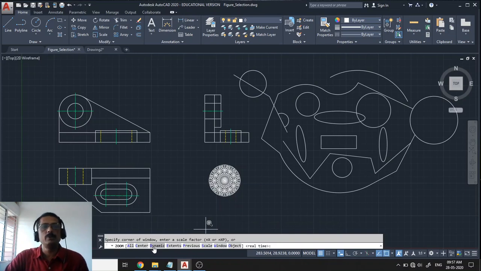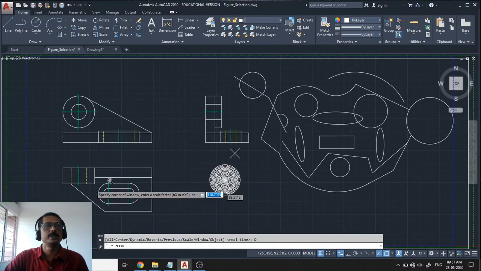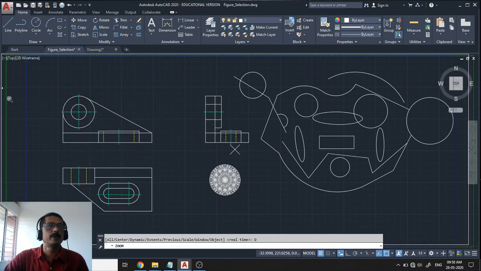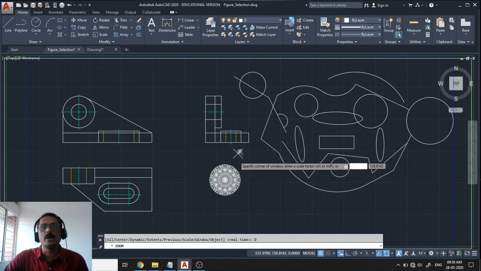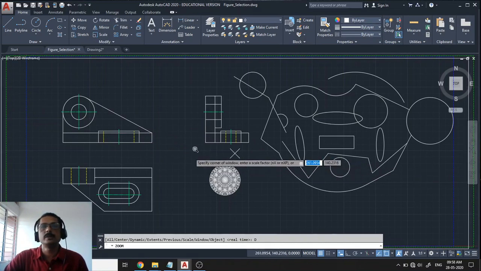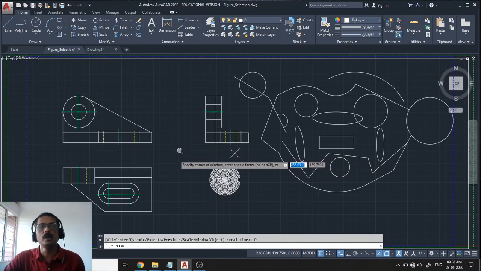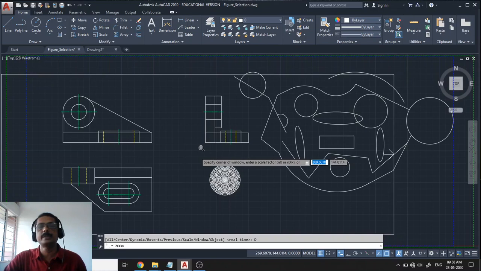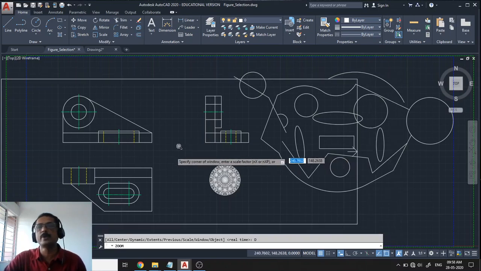So in zoom dynamic, we will be having an option to have both zoom and pan together. So when I click zoom dynamic, you can see a couple of rectangles here. One big white rectangle, then one green rectangle, then one blue rectangle. At the center you can see an X mark here, and the cursor has become a lens. Okay, so when I press this, you can see that the center X mark has been lost, and you can see an arrow at the end of your